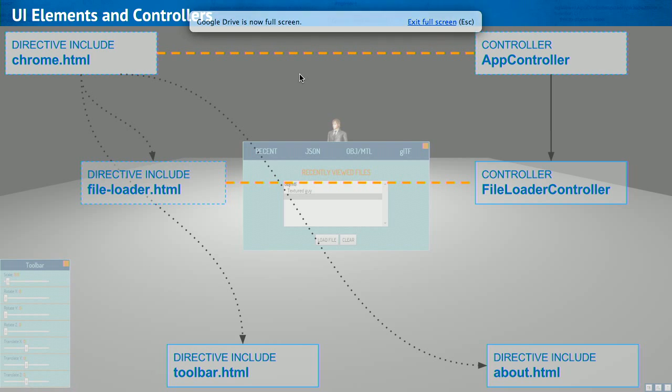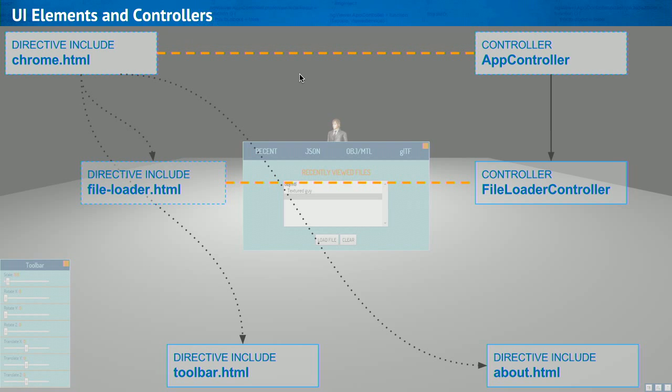So let's start off with the UI layer with the elements and controllers. There are two primary controllers. There's the app controller, which is the parent app for the entire application. It controls the window visibility, it controls the viewer factory initialization, and everything else. So there's actually 4 HTML files. For these includes, I use a directive include, and at the very beginning of the boot, the app initialization, it checks to see if you're actually using Chrome, and it'll forward you the Chrome HTML, set that in your view.